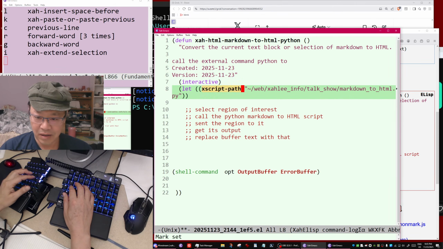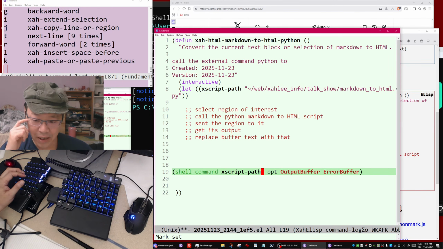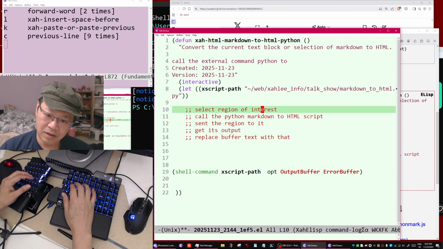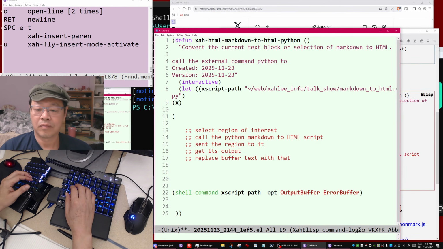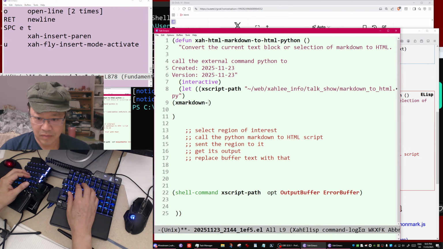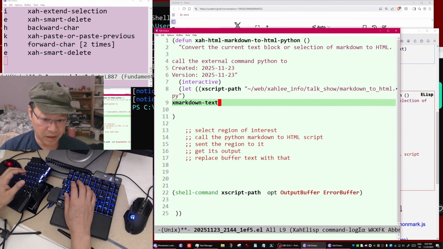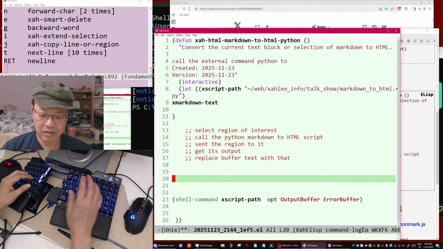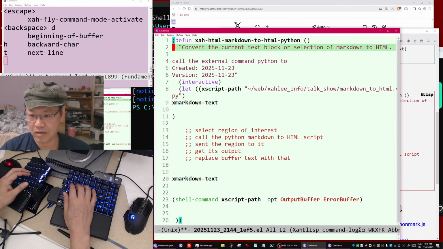Now shell command script path, and you need the input. So markdown text, you need to set it. Okay, so how do you set it? For now, let's just do trivial. Let's just say